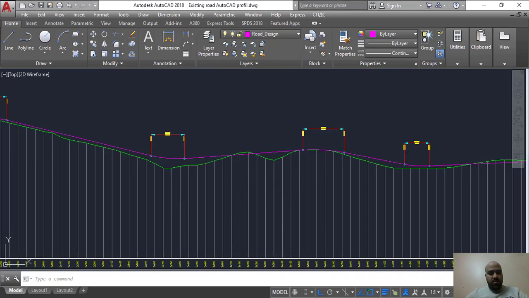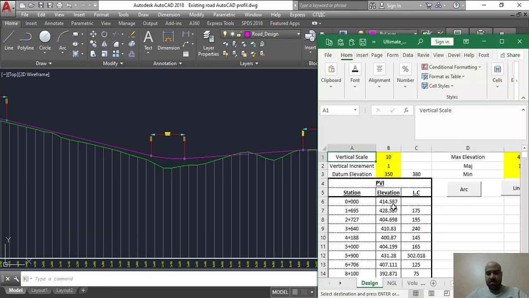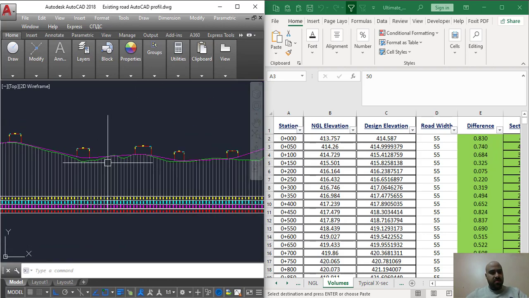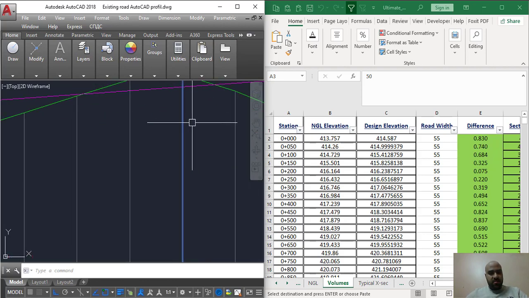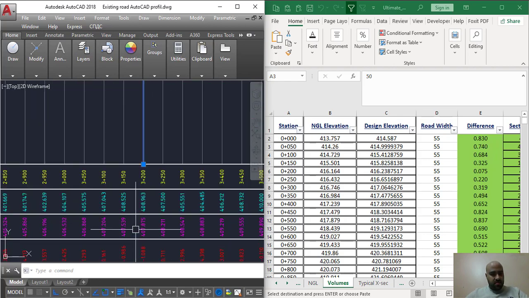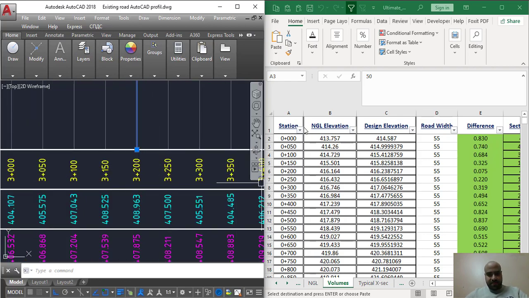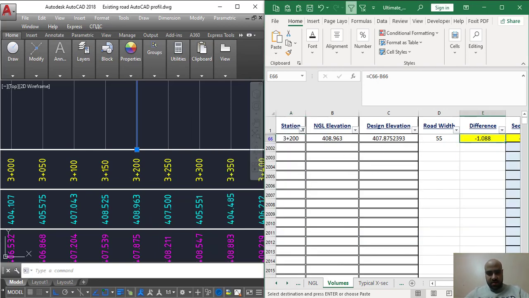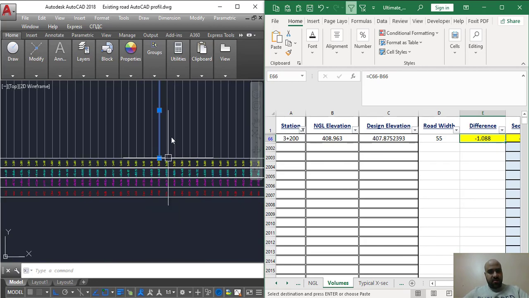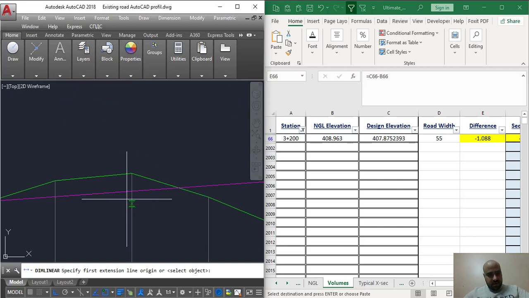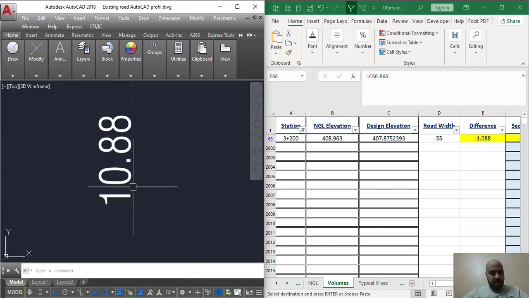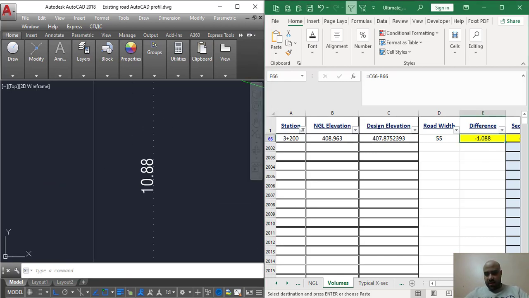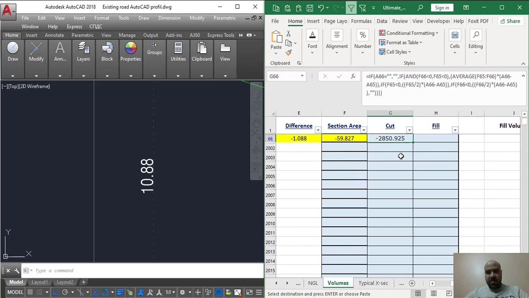And if we want to check the volumes, if we make a quick check for the volumes, here at this station there is cut, here in station 3200, and as you see here, the difference is 1.08. This is because it is multiplied by 10, so the difference is the same. And as you see, this is cut and this is the quantity for cut,